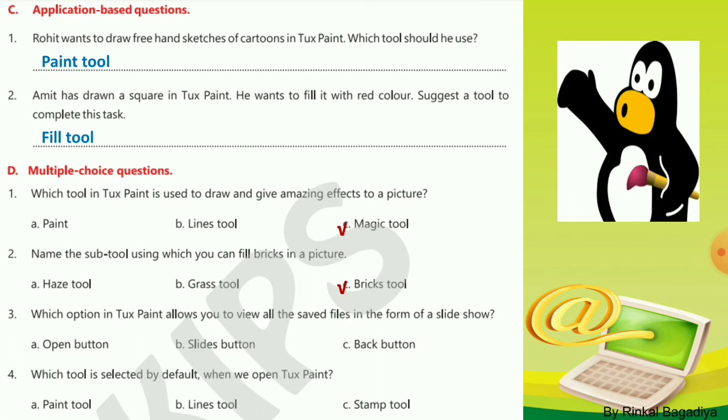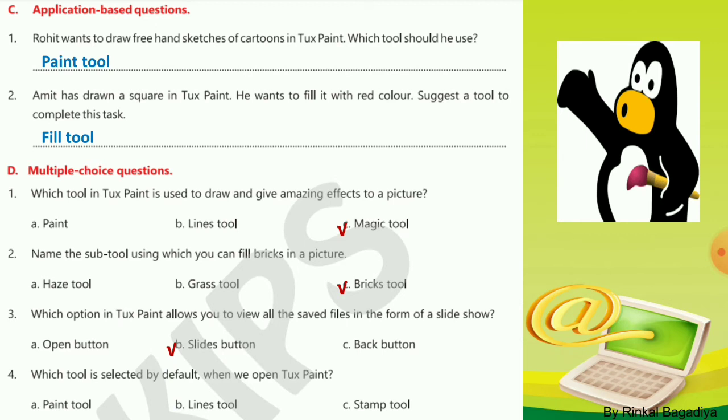Now third, which option in Tux Paint allows you to view all the saved files in the form of a slideshow? Now to see a slideshow of all pictures, which button will we use? Yes, slides button, very easy. So option B is the right answer for MCQ third. So put a tick mark on option B, slides button.